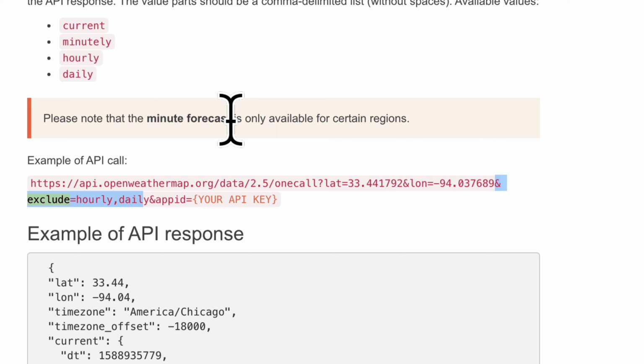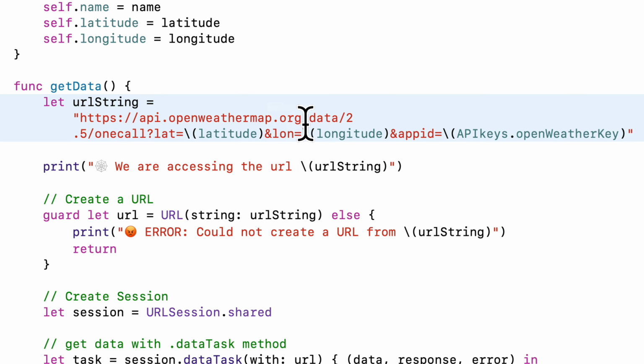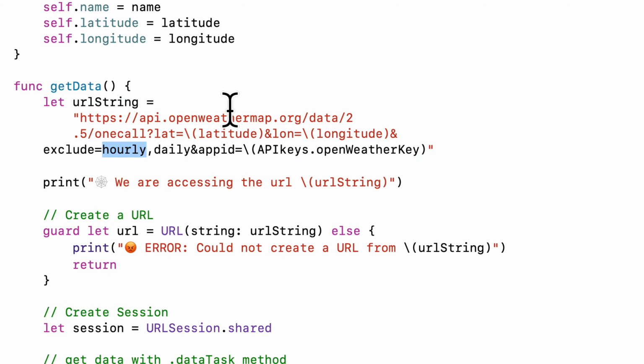So I'm going to highlight this example here from ampersand exclude through daily, copy it with a Command C, head back into Xcode. In my URL string, I'm going to add this just after the string interp for longitude. So I'm going to click right after this ending close parenthesis. Then I'm going to Command V to paste it in. Then after the equal sign following exclude, I'm going to highlight hourly, comma, daily, delete that, and just to make